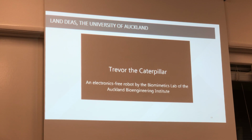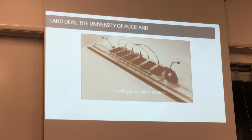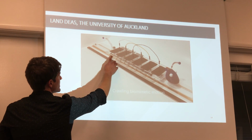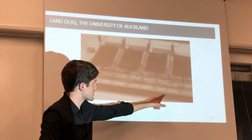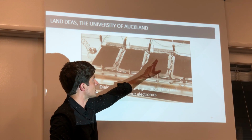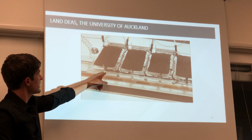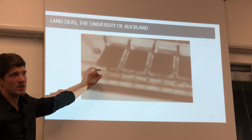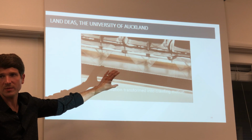This is also kind of interesting. It's a caterpillar, sort of, robot from the University of Auckland. Kind of cute. They 3D printed the head. And then they have these 6 different DEA segments. And then again, just like that last one, they have 2 rails. There's a positive rail and then a ground rail on the outside that it's driving along. And then it's using the soft material to actually control which of the segments are being actuated